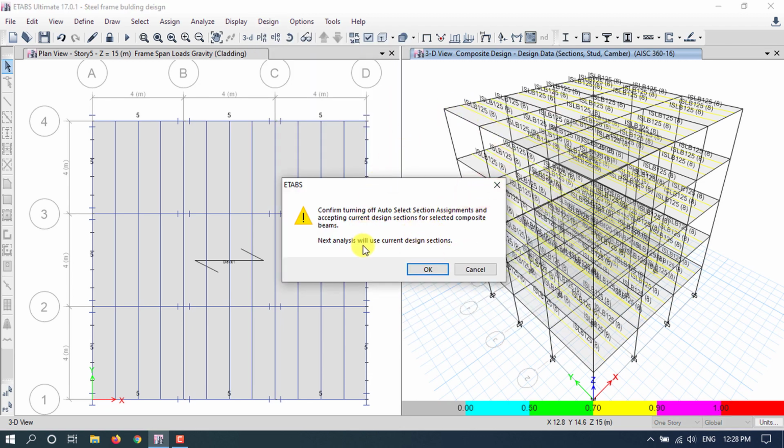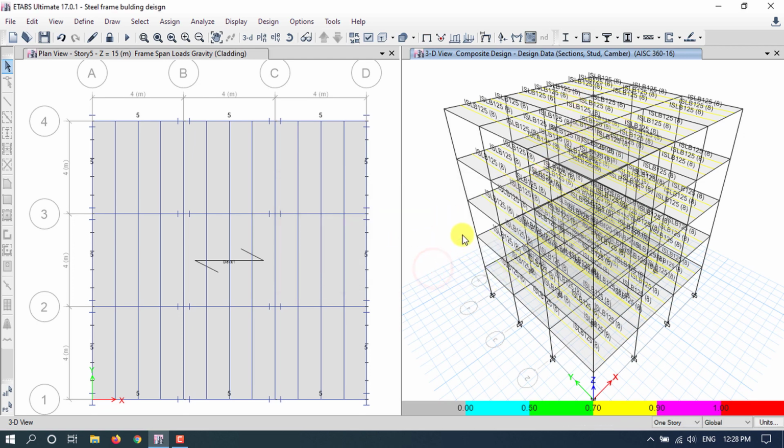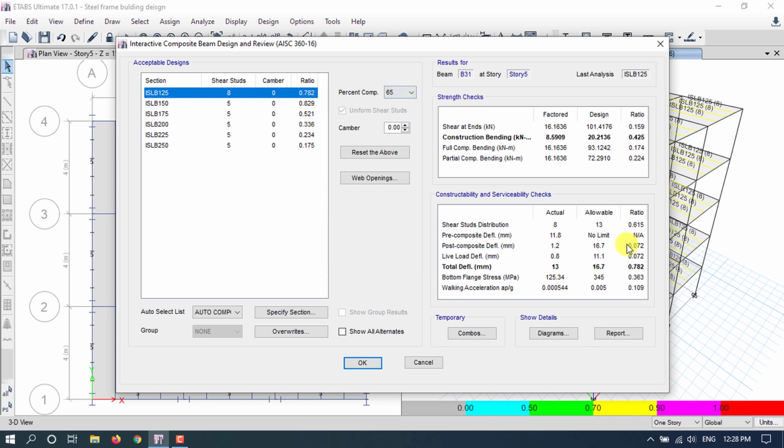Here in the next analysis we will use the current design section. Click on OK. Now friends, to view the detailing of the composite beam, let's right click here on this composite beam.